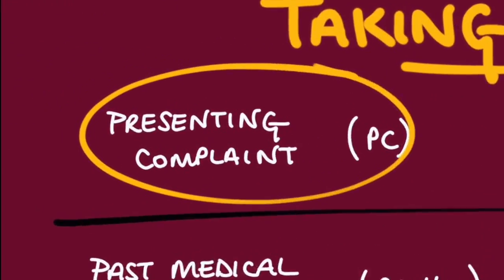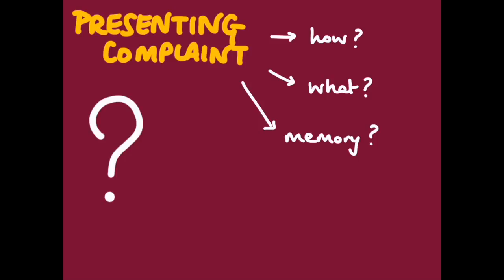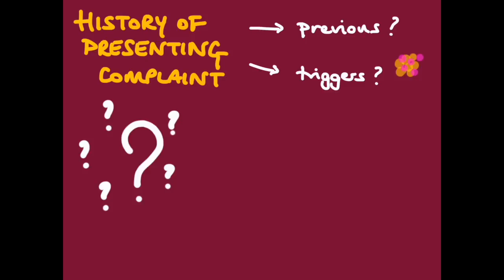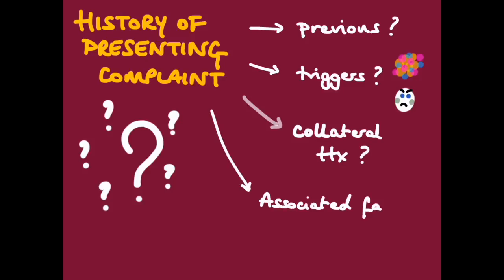First, we have a presenting complaint. Here, you can ask how he fell. What was he doing? What does he remember about that fall? How long does the episode last for? Next, the history of presenting complaint covers any previous falls, any triggers to him falling, and you might want to ask about any collateral history from family or witnesses that give rise to you understanding more about any associated factors